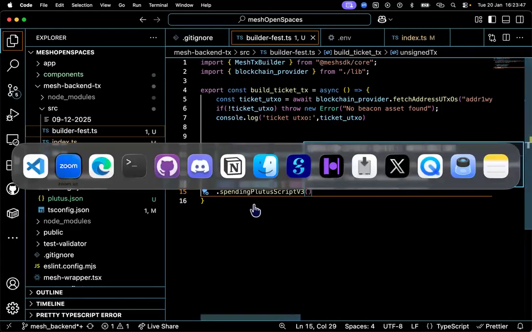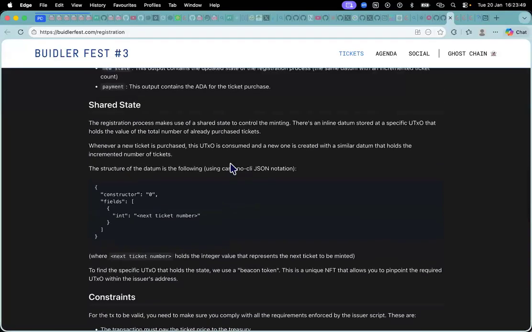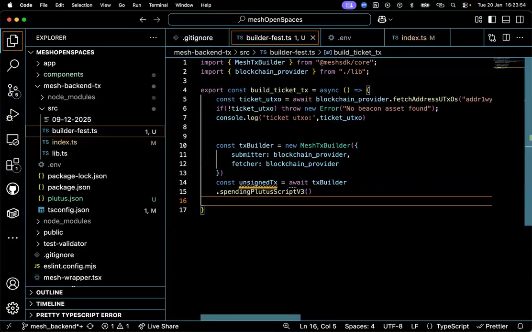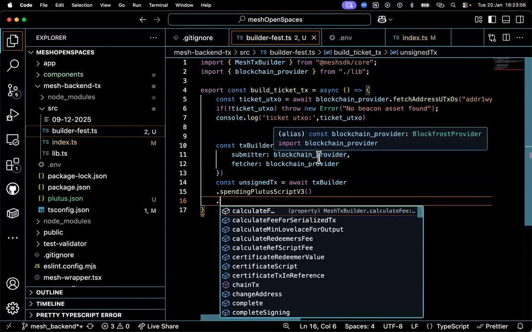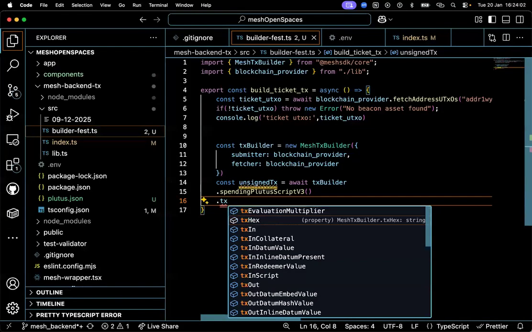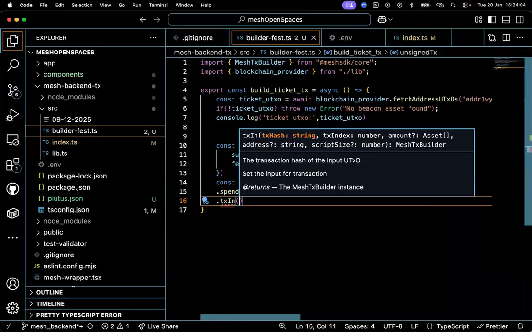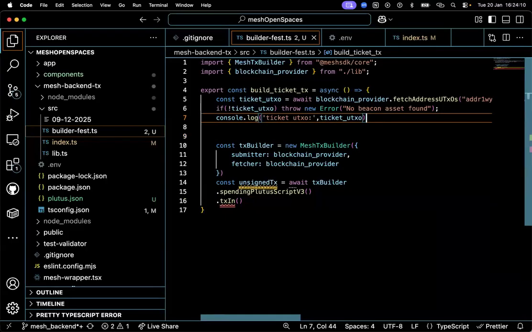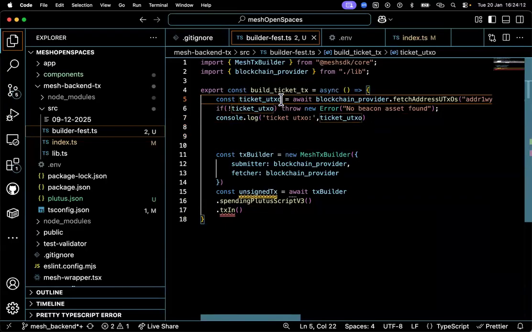I mean, they won't want to go backwards to the Plutus version. So we want to have our dot tx in of this UTXO here. I can name this UTXOs.